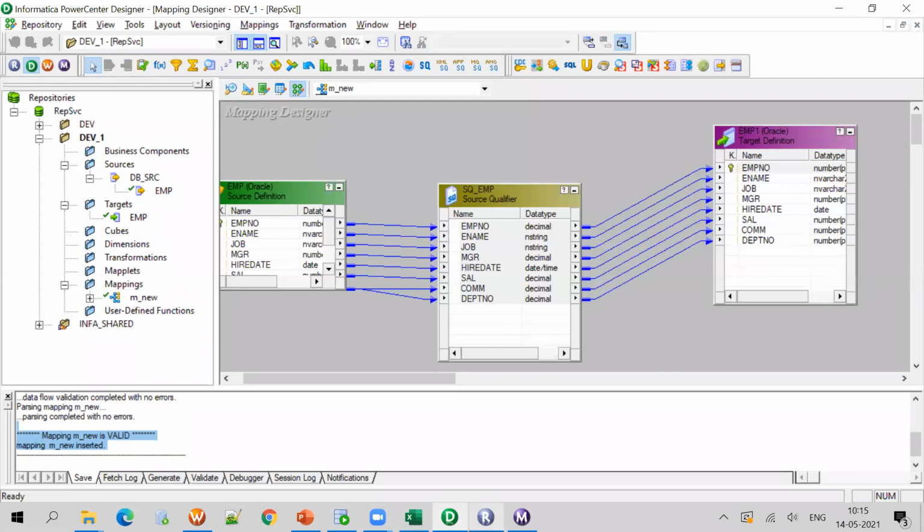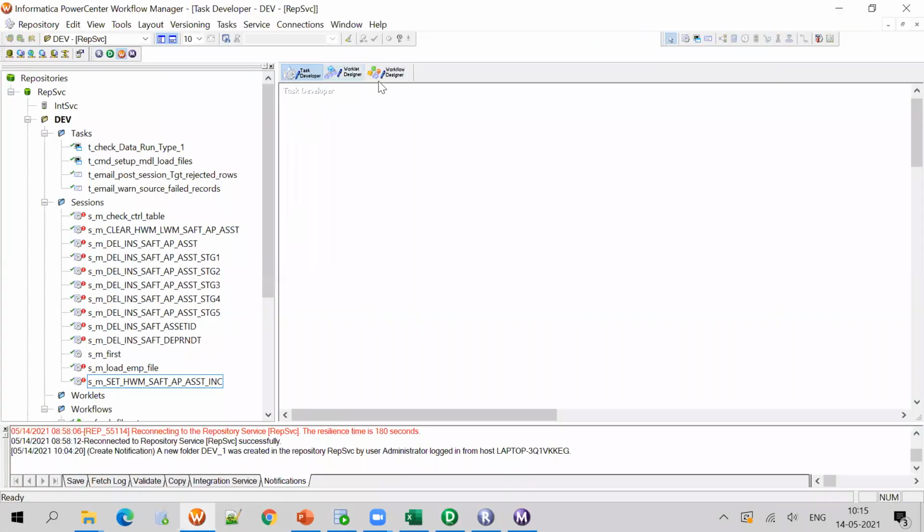In the same way, in the workflow manager there are 3 tools available: task developer, worklet designer, workflow designer. We'll mostly use task developer and workflow designer. If you have any worklets, we'll create them under worklet designer. If you click on task developer, it shows task; on worklet designer, it changes to worklets; on workflow designer, it changes to workflow.